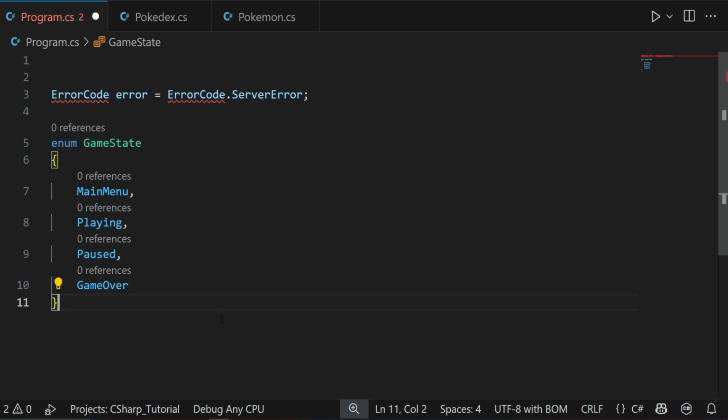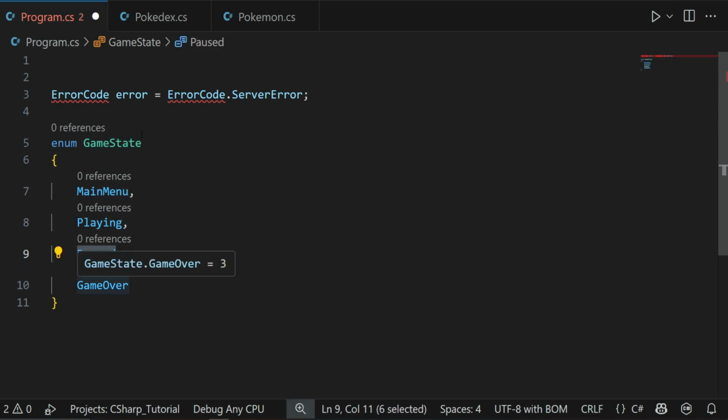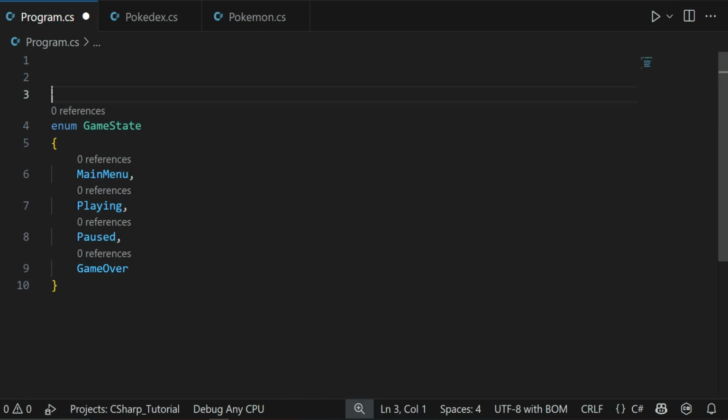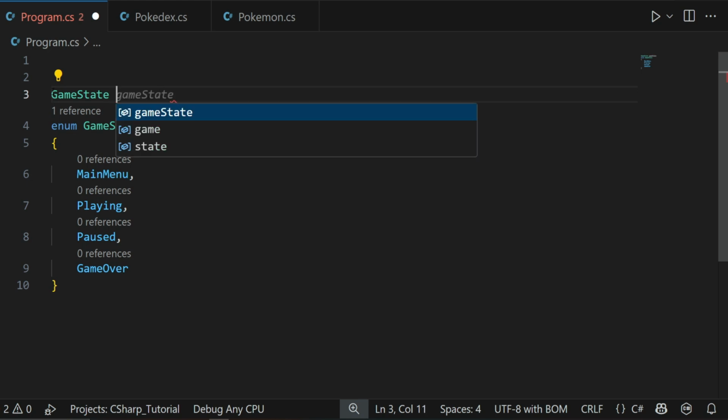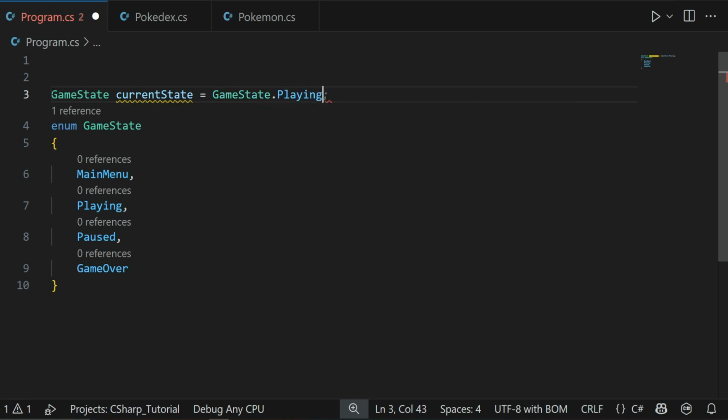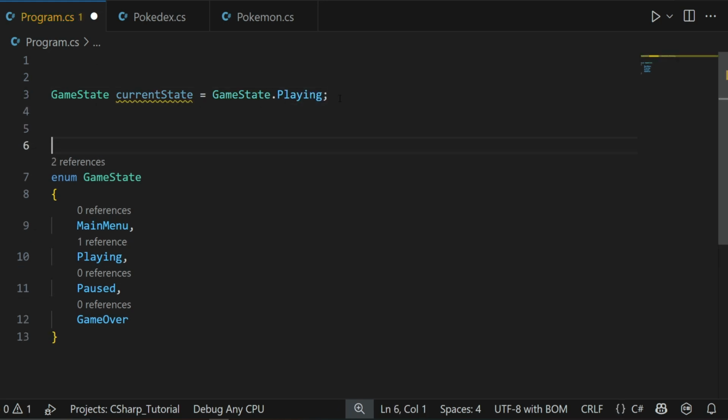You don't want to add all of this into some kind of list of strings because it's going to be messy. Instead, you're creating a game state, and these are all the available states. So then you can check or basically set some kind of game state. So current state,